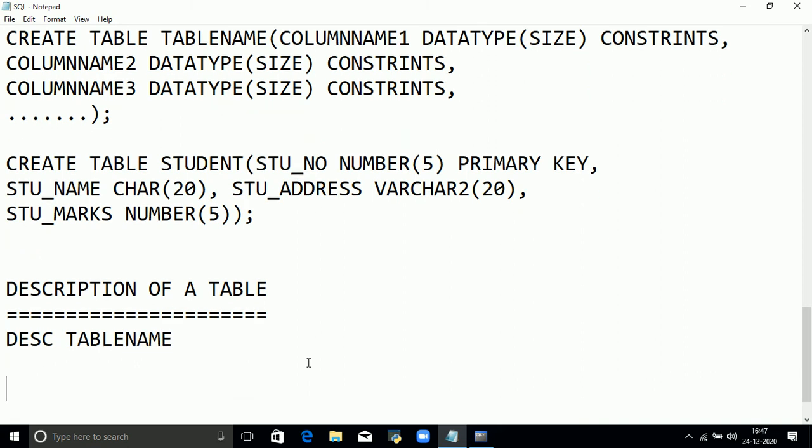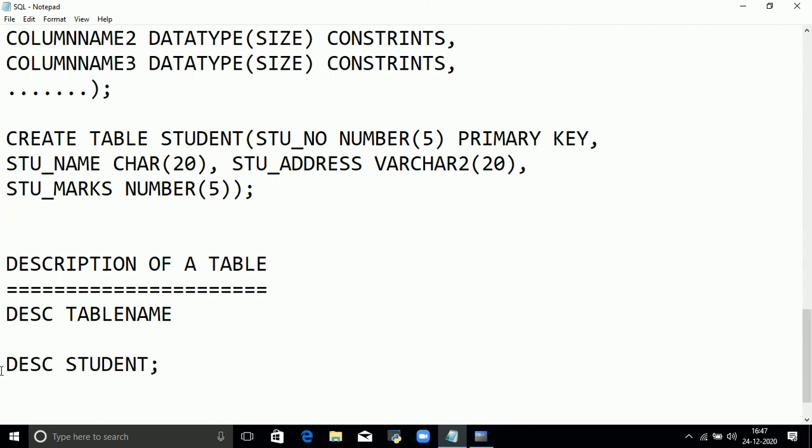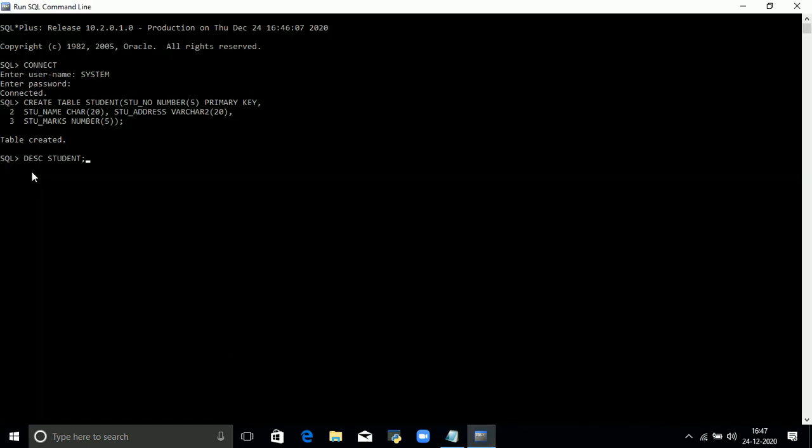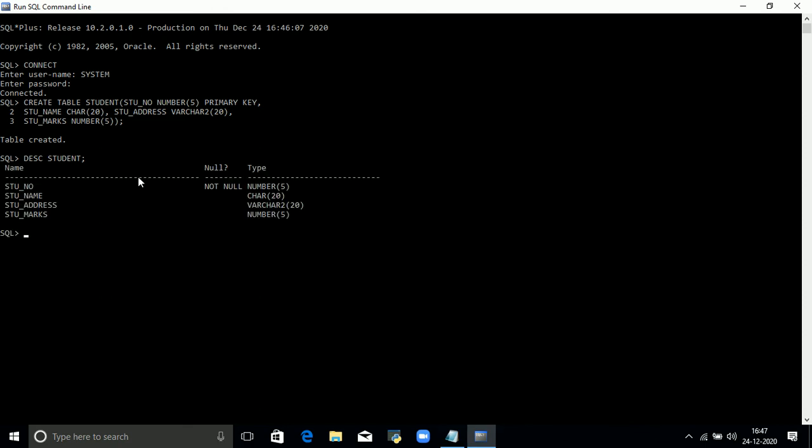My table name is student. Just execute this command in the command line prompt. DESC student. The description of the table is displayed: all the columns and their corresponding data types are displayed on your screen.